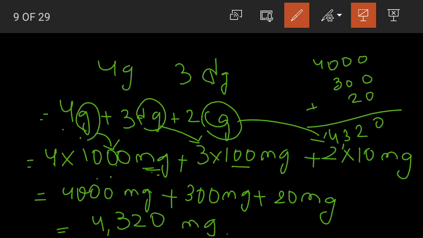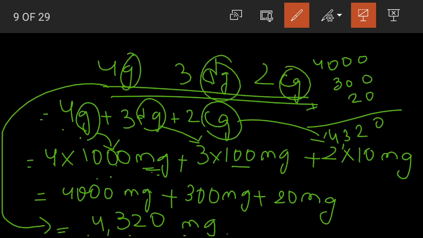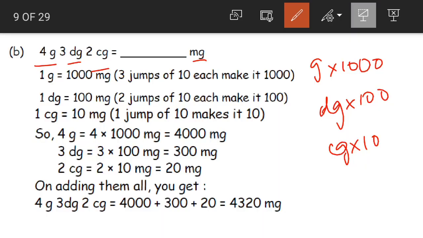4320 milligrams. Is this clear, children? 4 grams, 3 decigrams and 2 centigrams is equal to 4320 milligrams. This had 3 different units of measurement, but at the end we have converted them together into a single unit of measurement, that is milligrams. See, our answer is